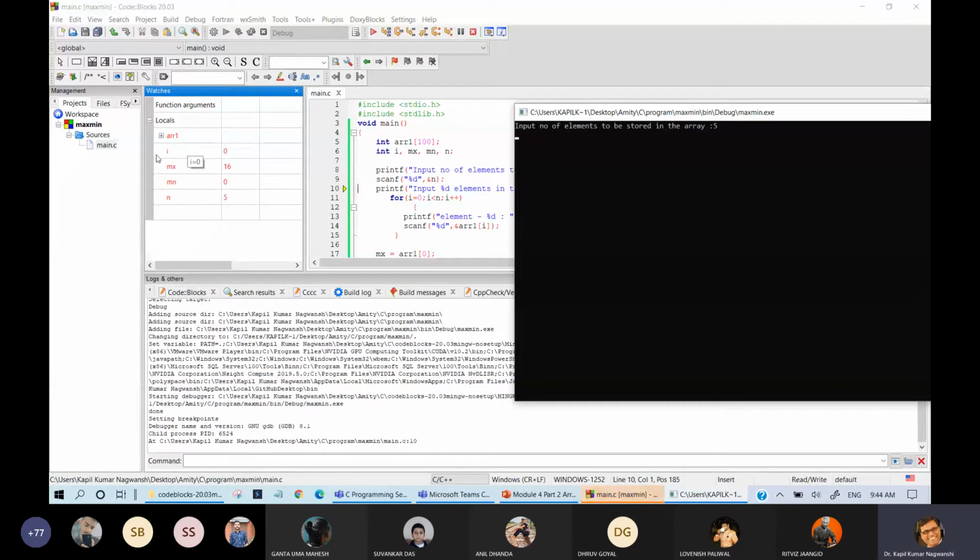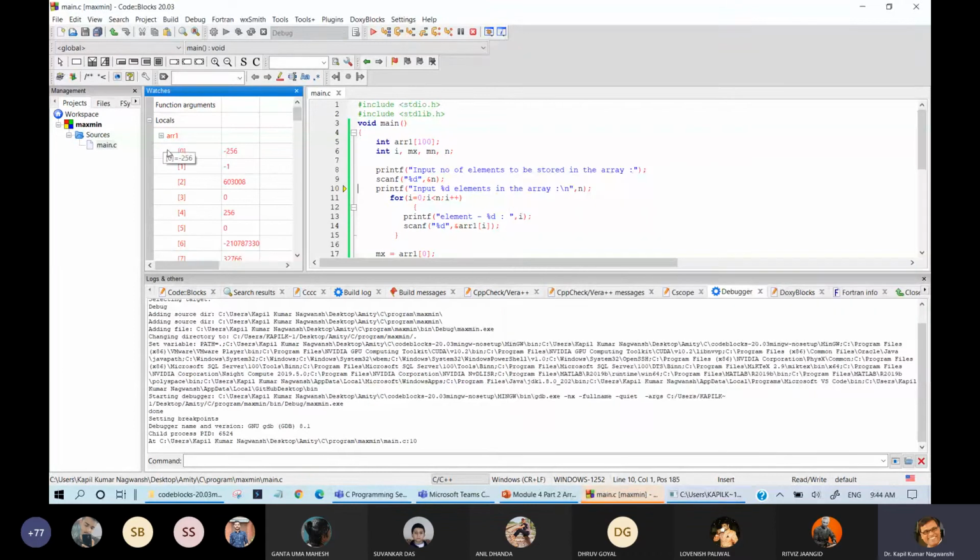Here you can see that initial value of i is 0. If you have the program, maximum is 16 and minimum is 0 and n equals to 5. This is the previous value and this is your array. Initially the array size is 100, I had shown you that. Whatever garbage value will be there inside this array.